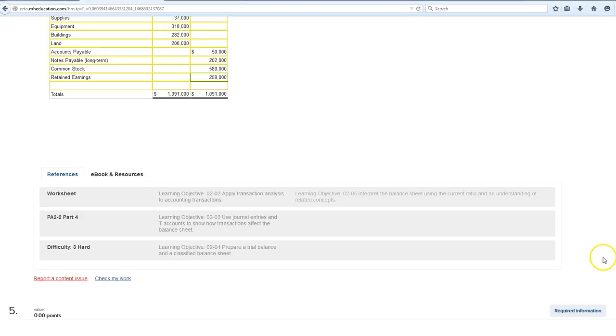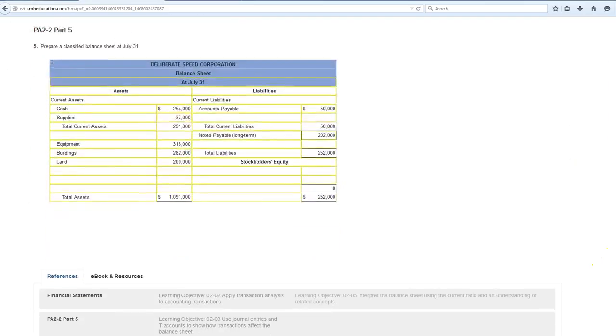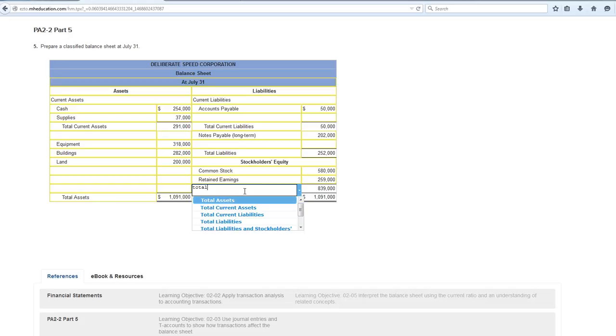So we're going to write in $580,000 and $259,000. Common stock, $580, and retained earnings, $259. There we go. So our total stockholders' equity, I have to scroll down for that, is $839,000, and our